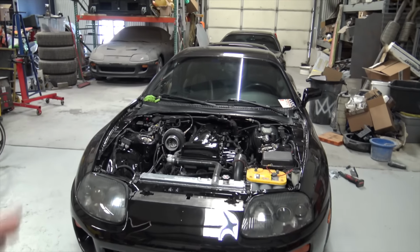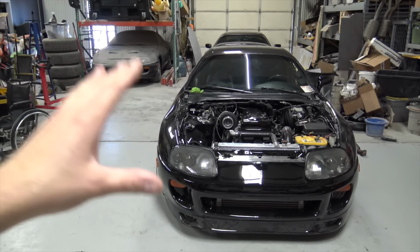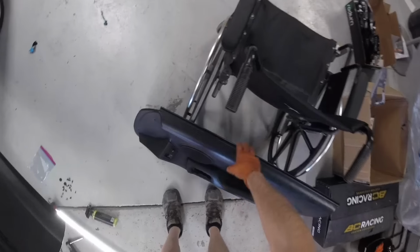Let's just get to work and bust this thing out, because the giveaway is ending and I want to actually be able to drive this. We still need to take this to the dyno and get